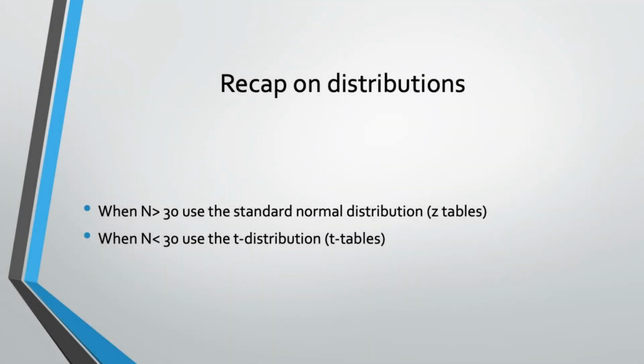So just a really quick recap on our distributions. This is an exam question you'll certainly see on the final. When n is greater than 30, we use the standard normal distribution and our z tables. And when n is less than or equal to 30, we use the t distribution and the t tables. So just keep that in mind, how sample size correlates with the specific statistic that you have to use for